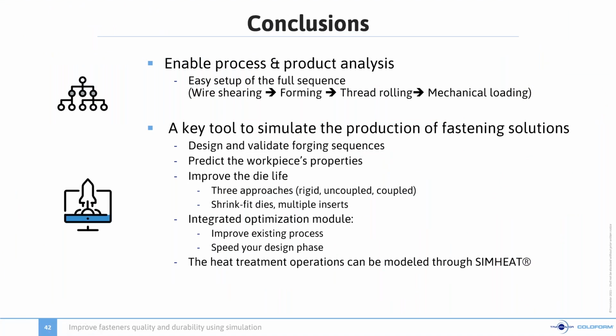To conclude, we have seen during this presentation that you could create effective simulation of fastener forming processes. The full sequence can be modeled from the wire shearing to forming, then the thread rolling and the mechanical loading. The elastic unload can be identified at the end of the forming. COLDFORM represents a key tool to simulate the production of fastening solutions. It is easy to design and validate the forging sequence, to predict the workpiece properties,